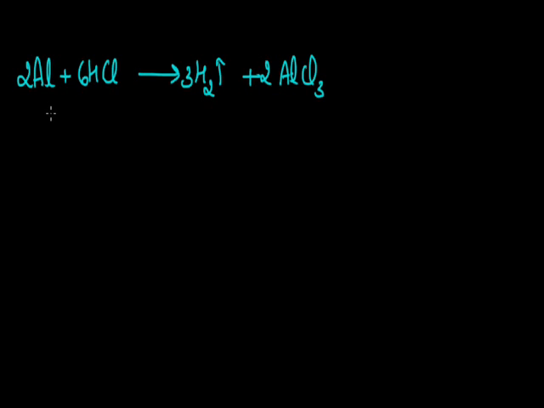Now, here aluminium is present in elemental state, so the oxidation state is 0. In hydrogen chloride, hydrogen is showing +1 oxidation state. Chlorine will be showing -1 oxidation state. The oxidation state of hydrogen in the hydrogen molecule is again 0, since it's a molecule of an element. In aluminium chloride, aluminium always shows +3 oxidation state. 3 atoms of chlorine will have -3 charge on them, but the oxidation number is defined as the charge per atom. So the charge on a single chlorine atom will be -1.